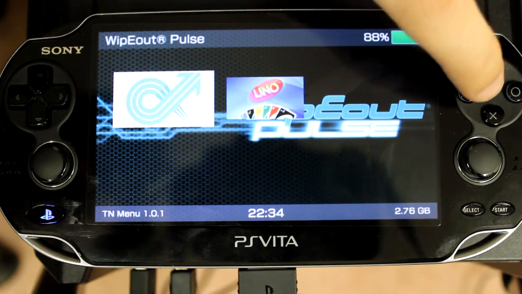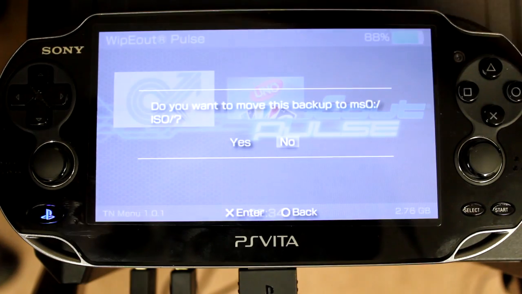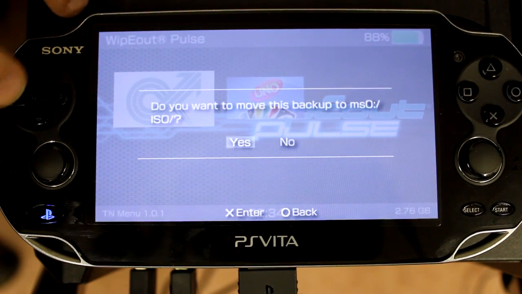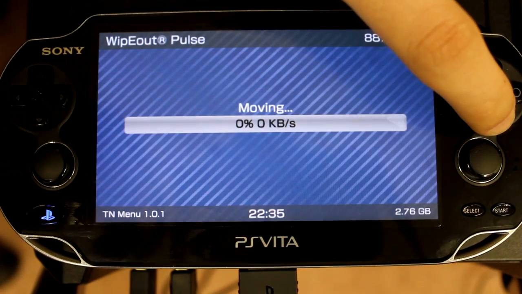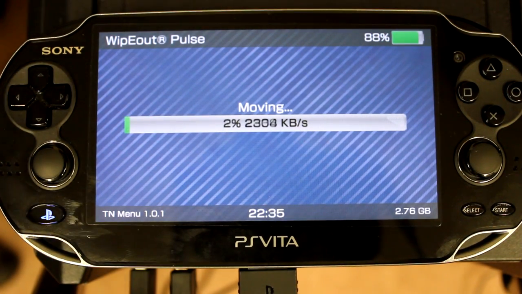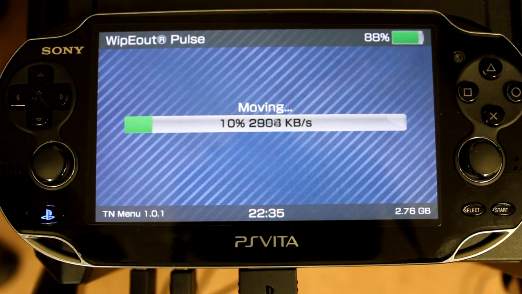Now, to install said item onto my PS Vita, pretty sure I just have to hit X. Do you want to move this back up to memory stick or MS0/ISO? I'm used to seeing MS0 as memory stick for my PSP. But there we go, that is copying my game onto the PS Vita properly,